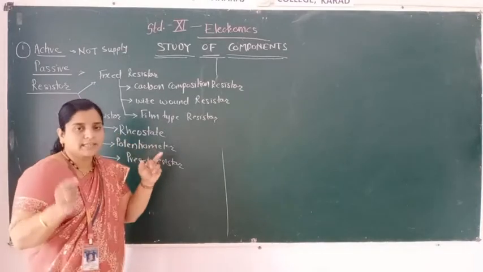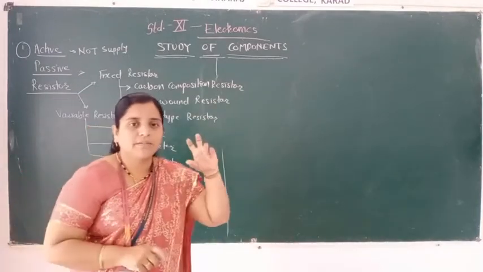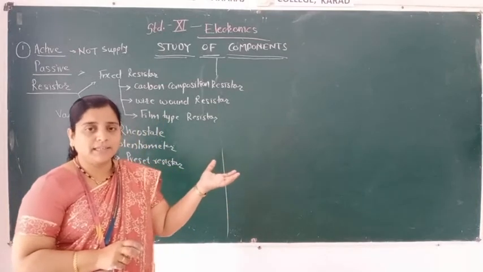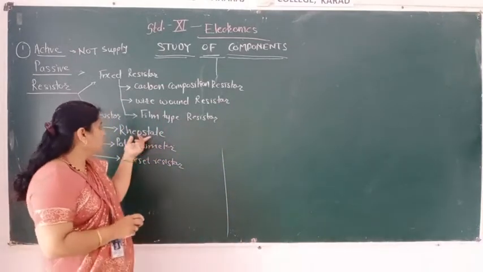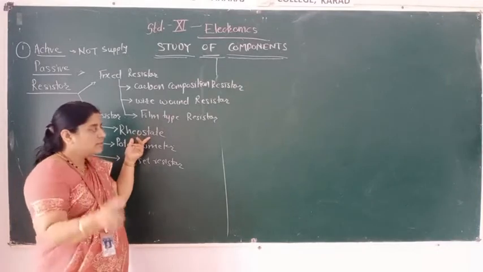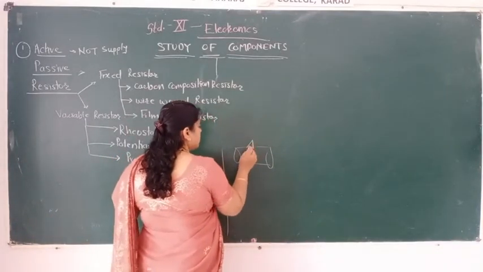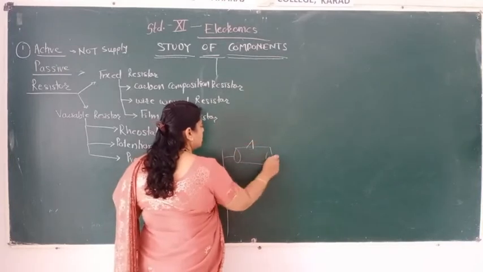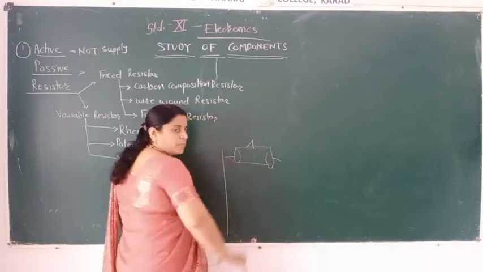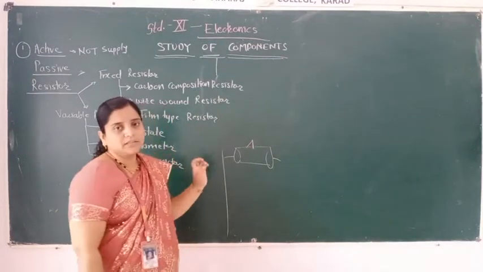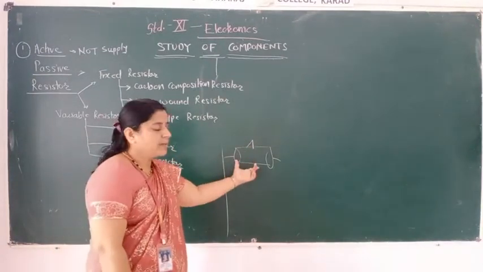Rheostat means it has two terminals. It is very big in form, and we use it in laboratories, for physics practicals. It is like this. See, one notch is there. You can adjust that notch between the two fixed points, so that you can vary the resistance. It is very big in form.